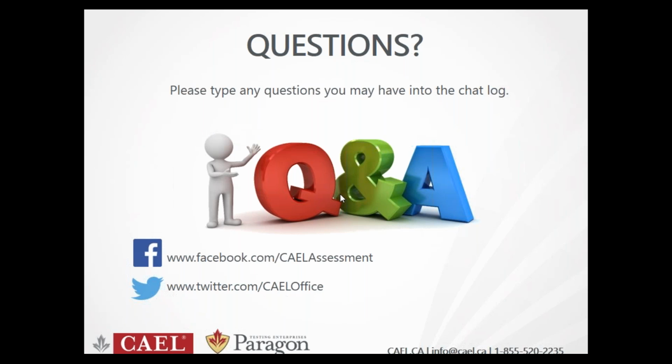Tamir's asking a question that we get a lot. So what is the weight of each part of the exam? Reading, writing, speaking, and listening. Is it 25% each? So no. So the CAEL, the overall score that you receive is not an average of all 4 of the test components. So you're not able to add up, let's say, your reading, your writing, your listening, and your speaking score and divide that by 4, and that's your overall score.